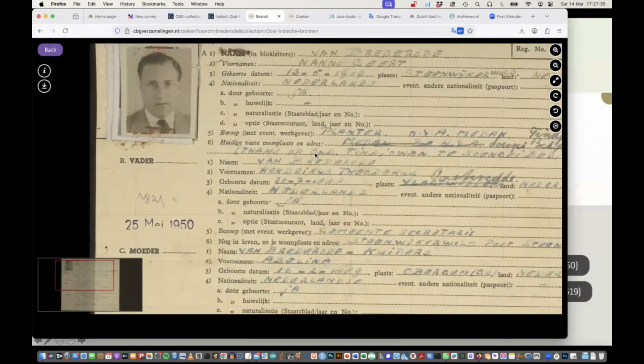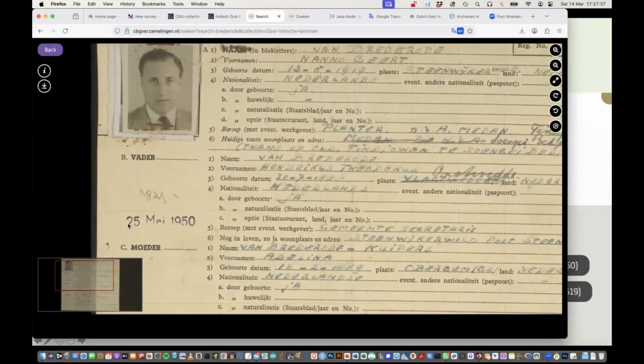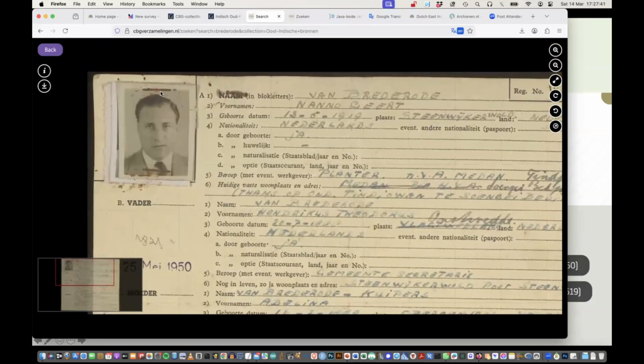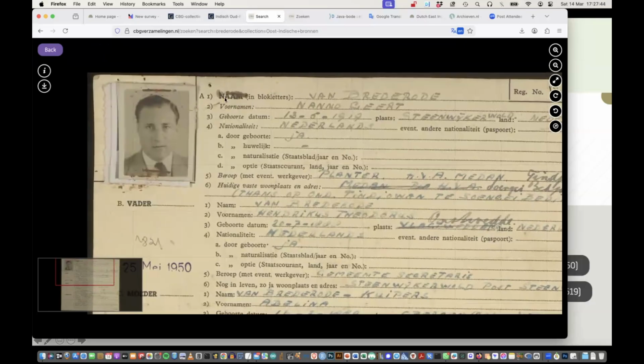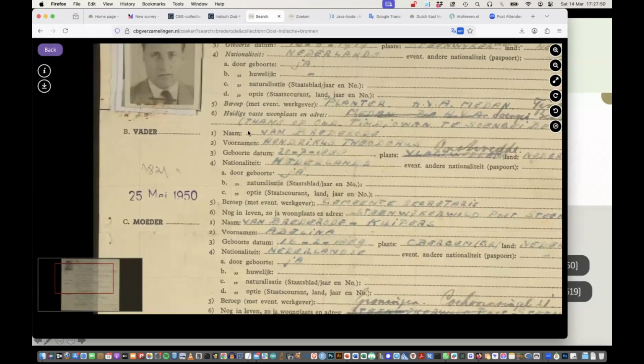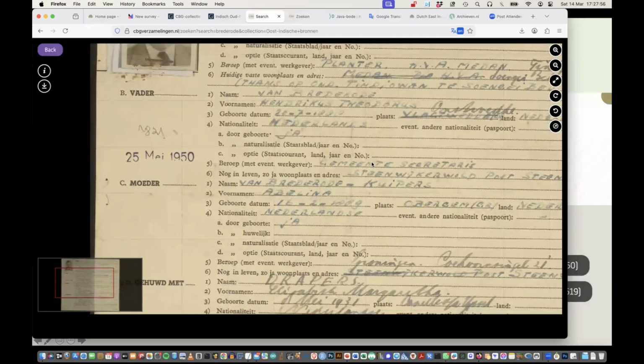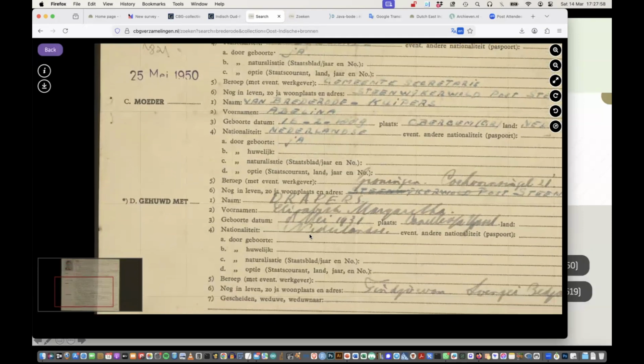So this request is done in May 1950, and it has the name, the date of birth, the nationality, but it also has the mother and the father, the first names of the mother and the father, the birth date and where they were born, and the marriage.